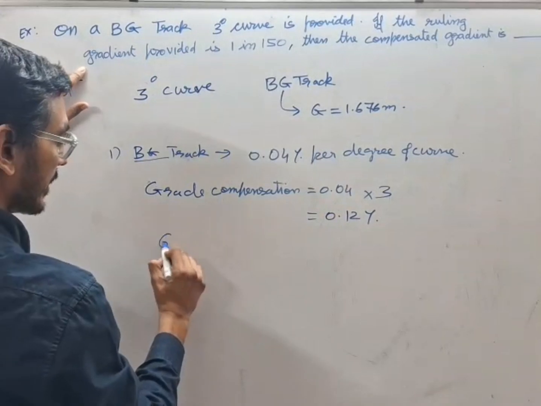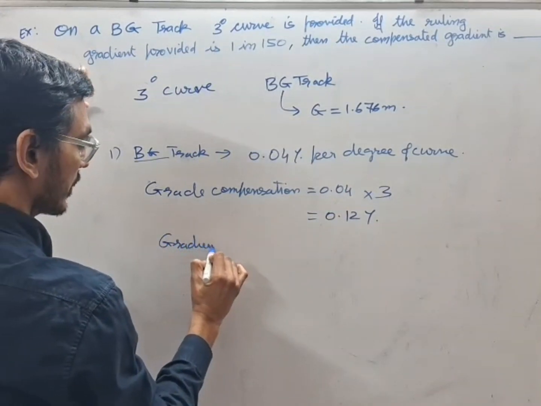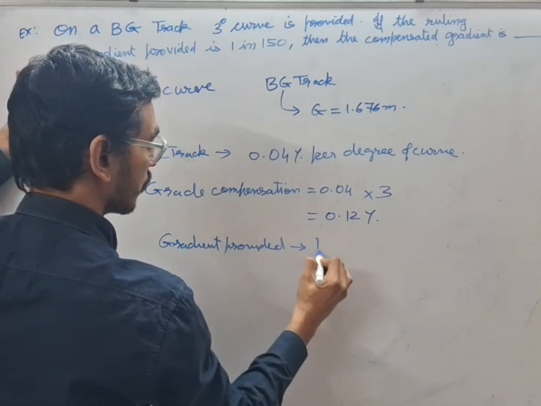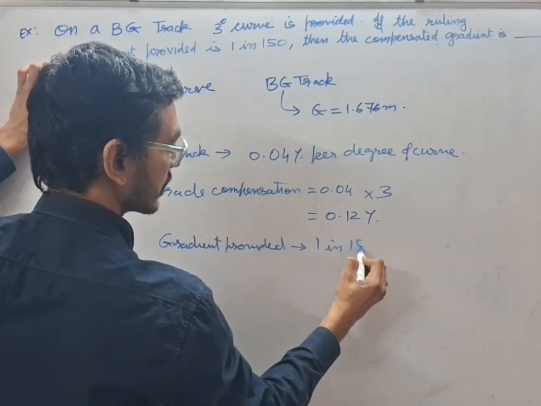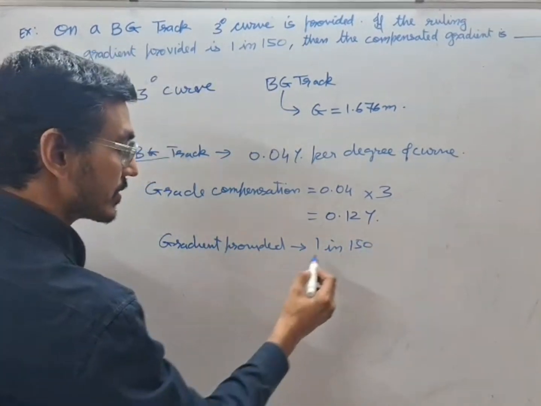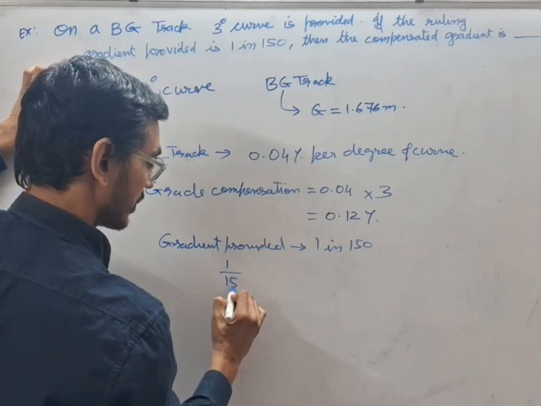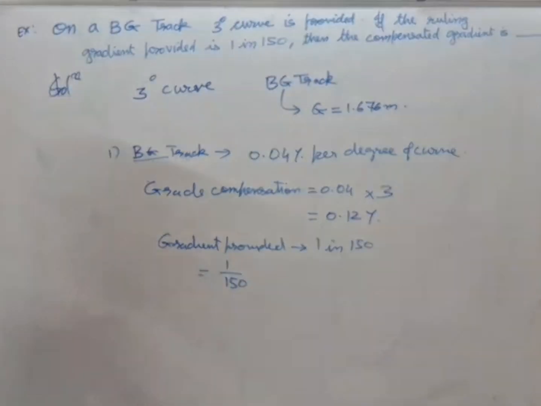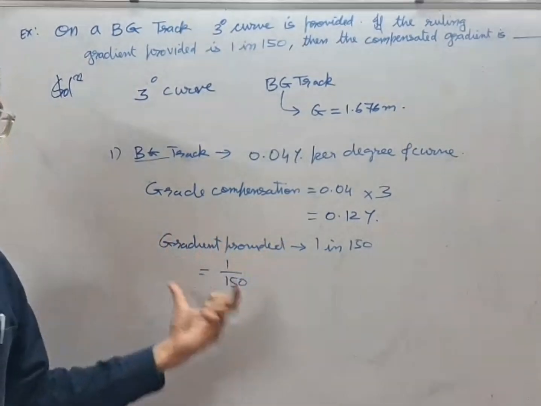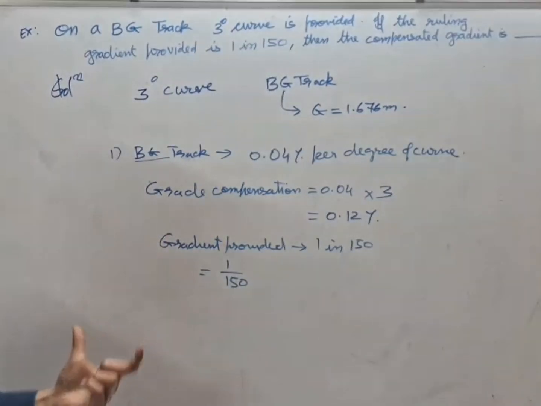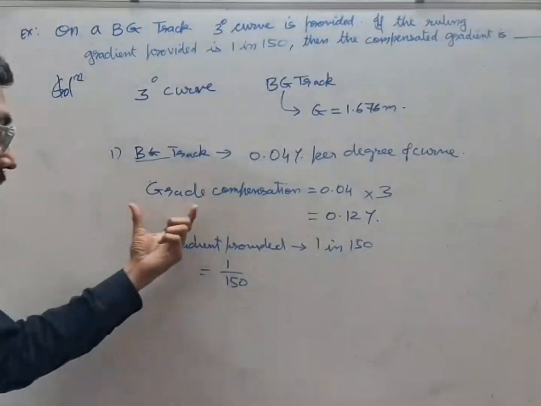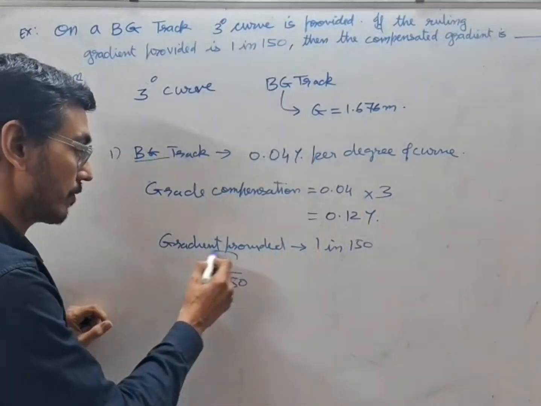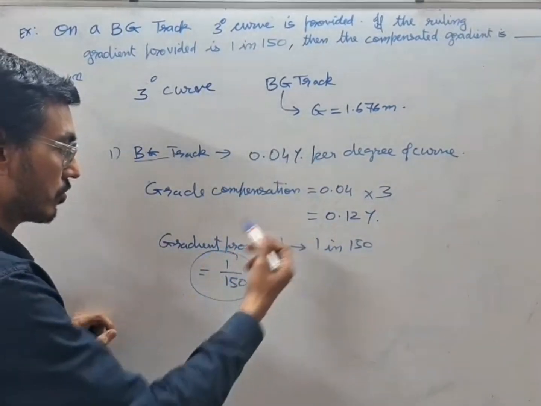So now the gradient provided is 1 in 150. Can I write 1 in 150 as 1 by 150? Okay, so here 1 in 150 is your gradient provided. So now this is your amount of compensation which you have to reduce from this value, 1 by 150. So ultimately